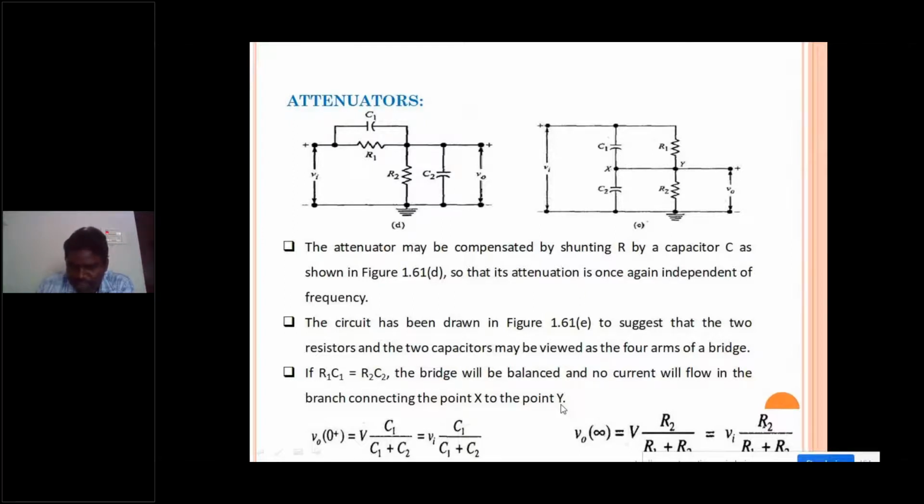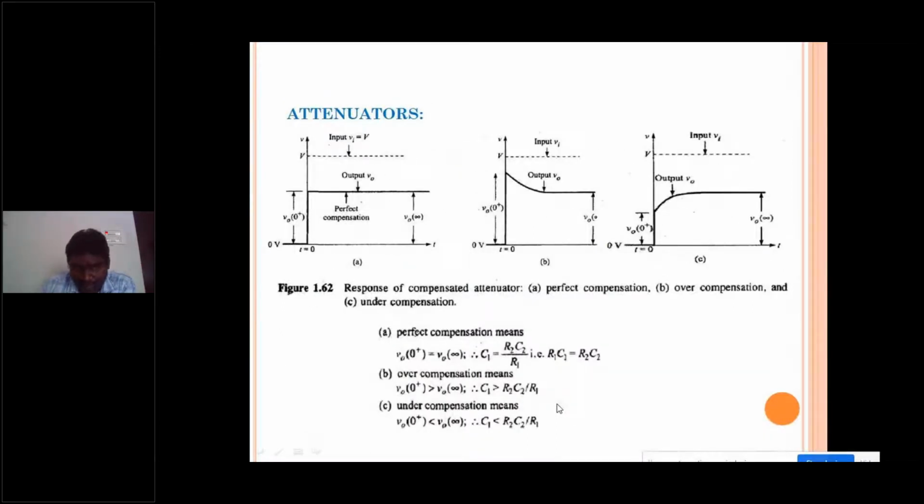If I apply some signal, for example a step signal to the attenuator circuit, this is the amplitude of the input signal, but in the output signal, the amplitude is going to be reduced. That satisfies the definition of an attenuator. So this is called perfect compensation. Perfect compensation comes into existence if you are maintaining the balance condition. That is, you need to connect C1 in such a way that R1 C1 must be equal to R2 C2, so that you will have a reduced amplitude. That is called perfect compensation.